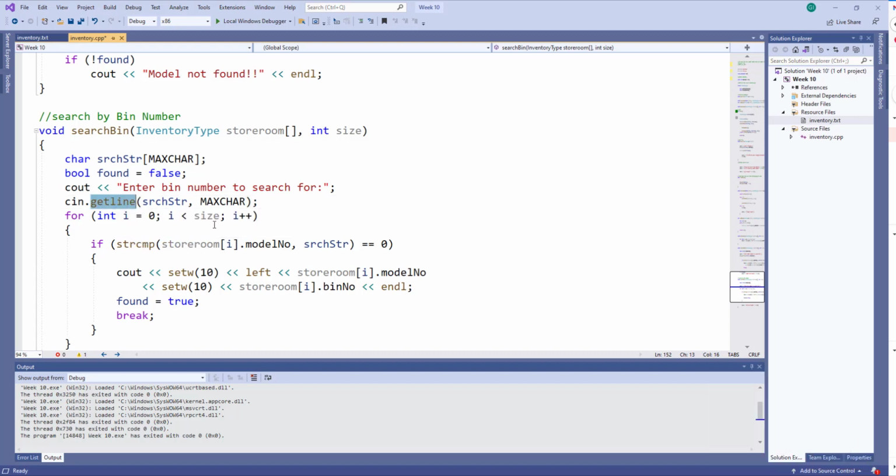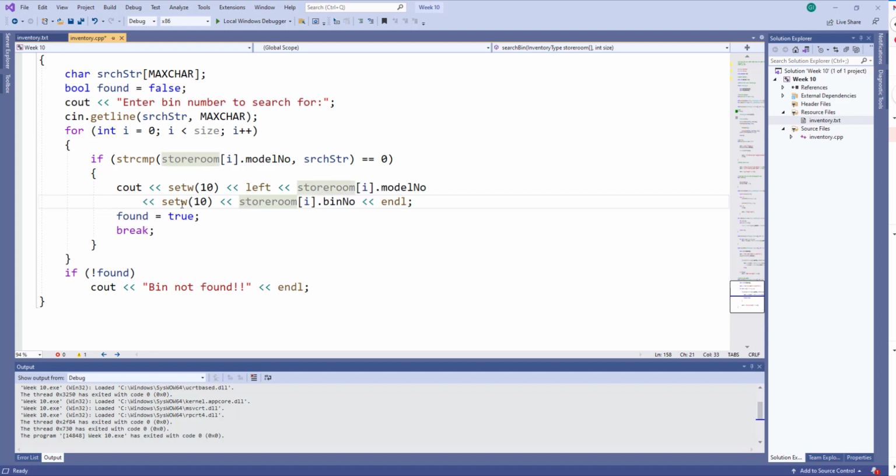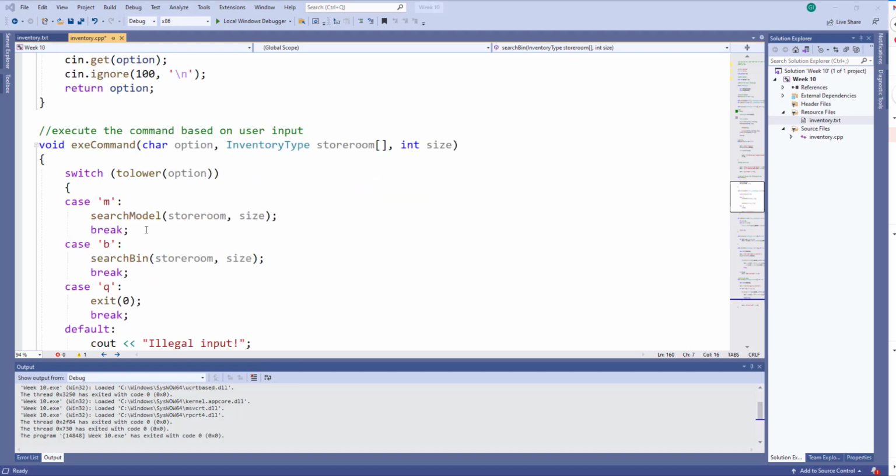Then you go through a for loop for i equals 0, i less than size, the same kind of a for loop because we are searching through the whole thing. String compare of this string to this string equals 0 means if you find an exact match, output the values, set the Boolean variable to true, and break out of there. Then the same logic. And so we were at execute command,